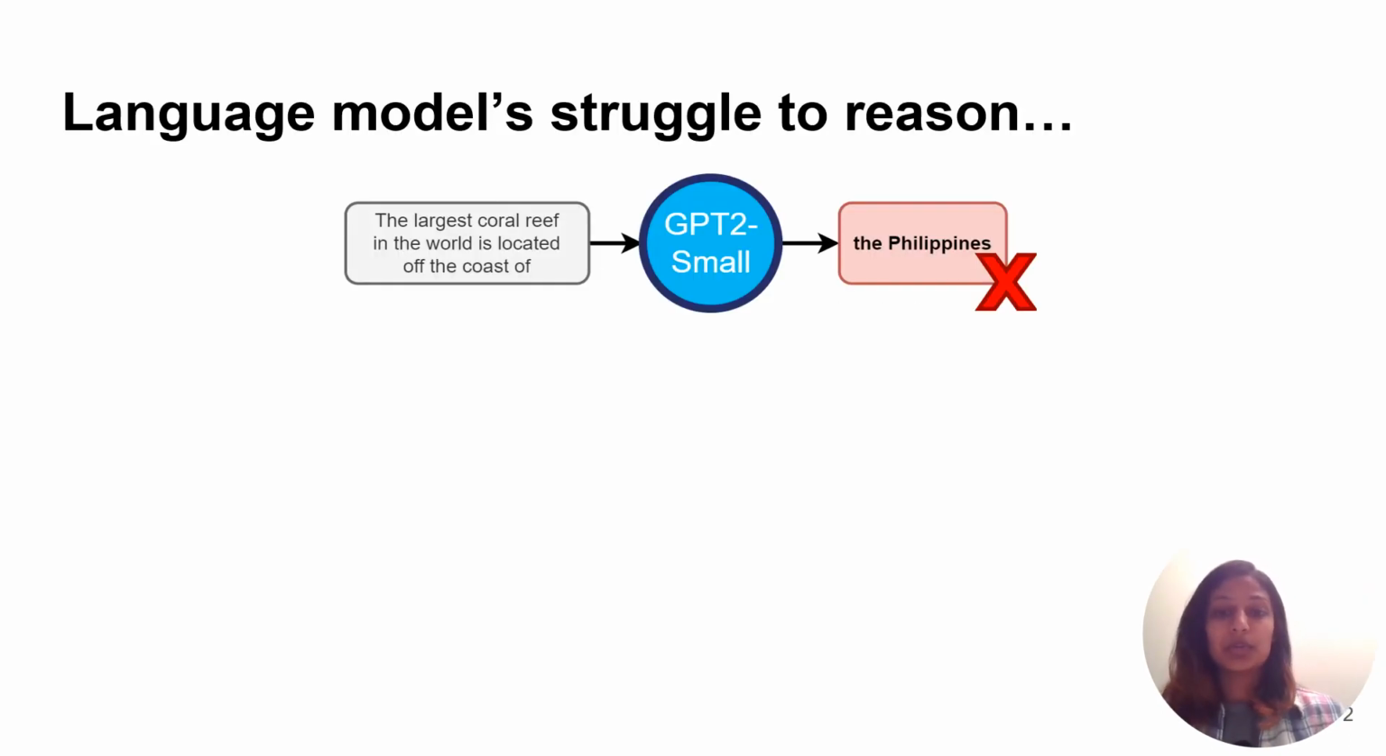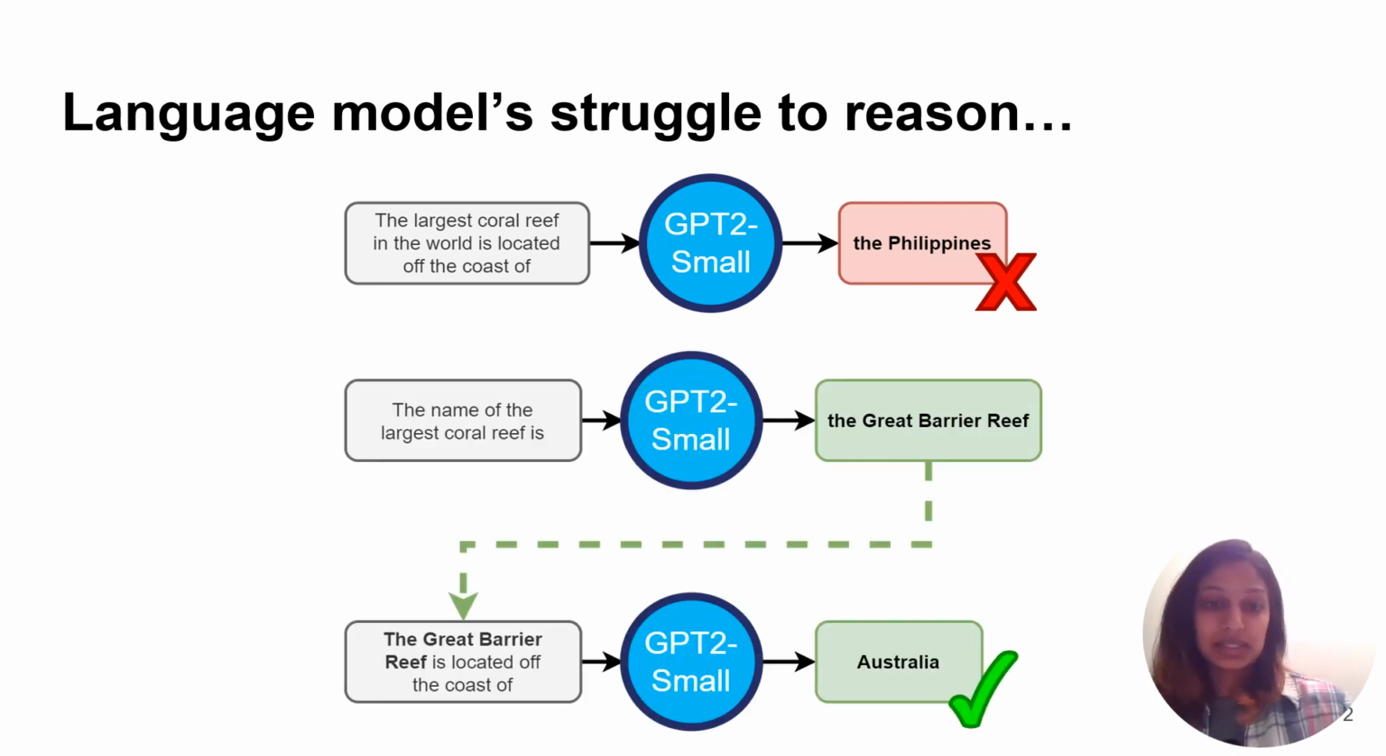We're going to open with a problem statement. Language models struggle to reason. Consider the prompt, the largest coral reef in the world is located off the coast of. If you ask GPT-2 Small to complete this prompt, it returns the wrong answer. It returns the Philippines. However, if you break this big complicated prompt up into two smaller reasoning steps, the name